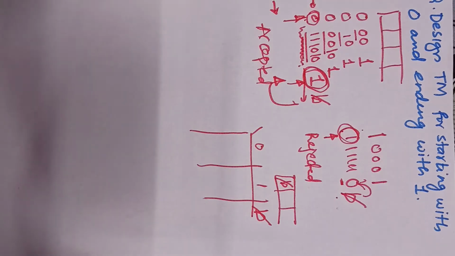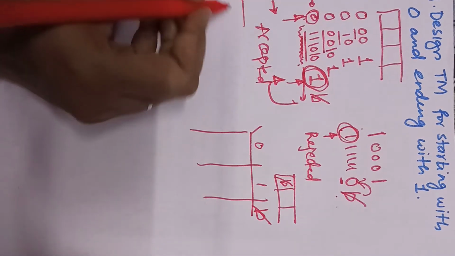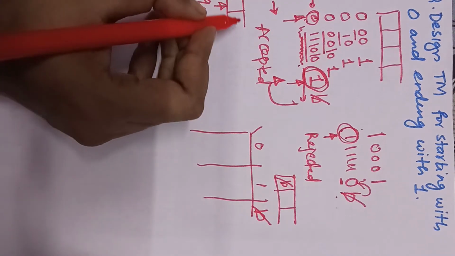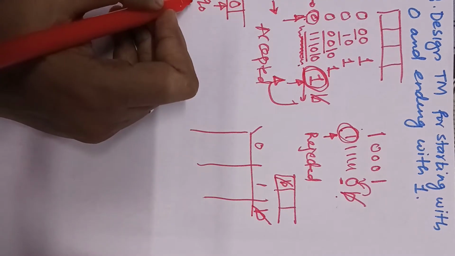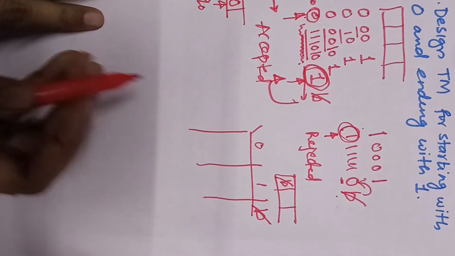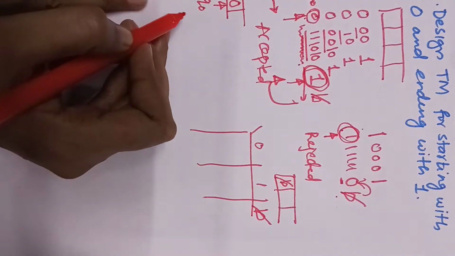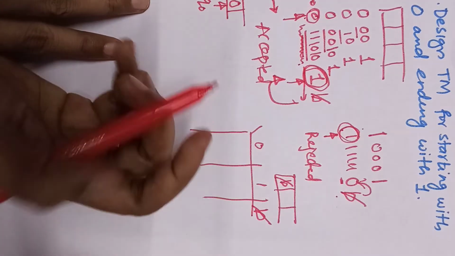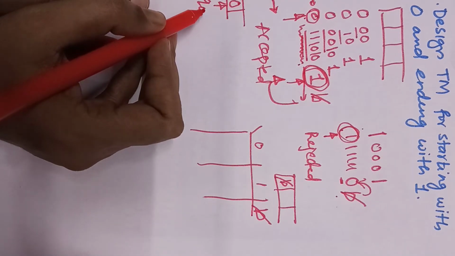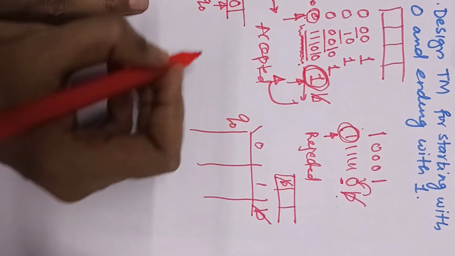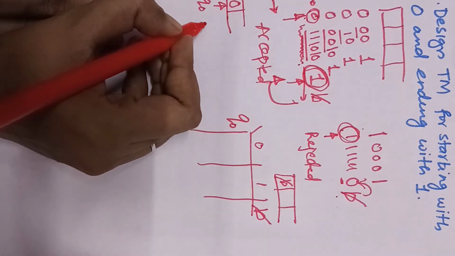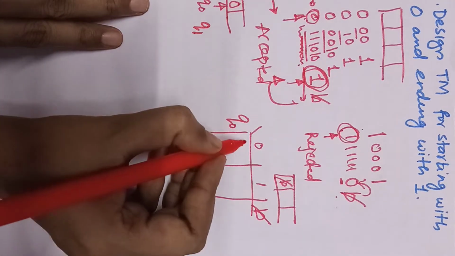Now we'll start with the string at initial state Q0. What happens if your string has started with 0? That is our expectation according to our question, so it is a 50% accepted string. Half of the question we got, so we can say this is 50% we got. This kind of thing we can represent by some other new state. We got 0, so this is represented by the resultant state Q1.